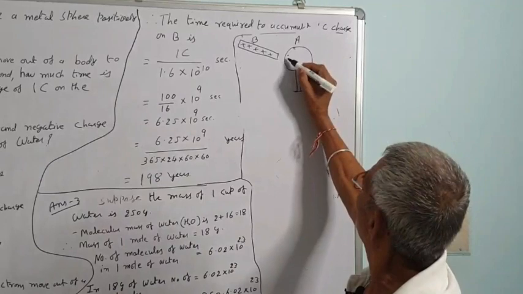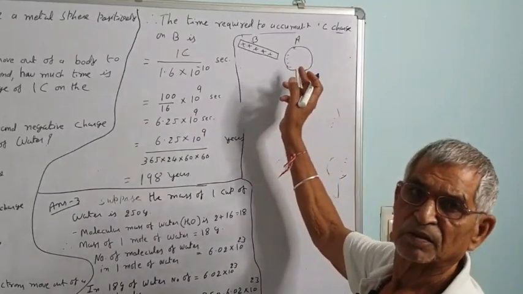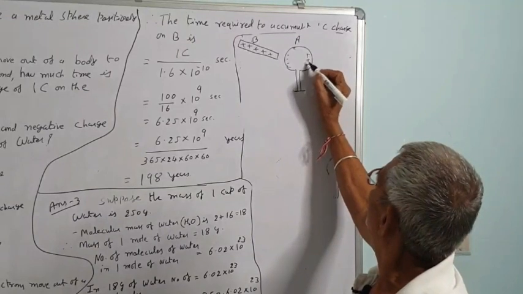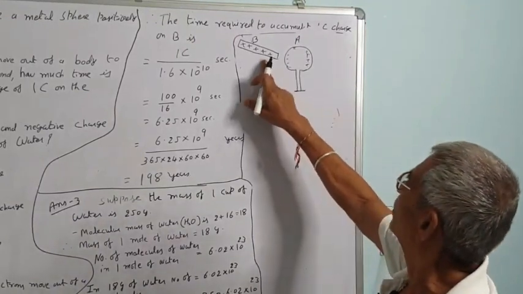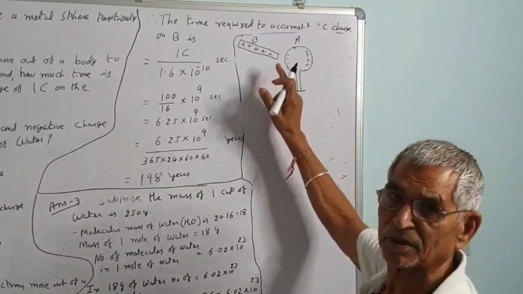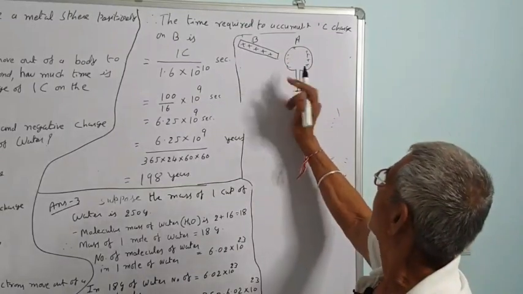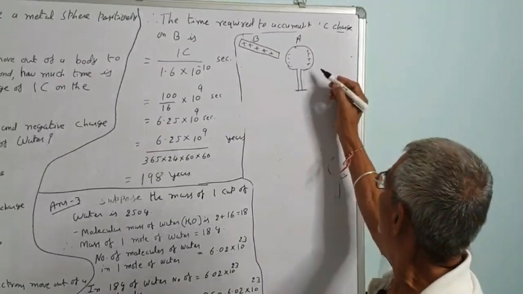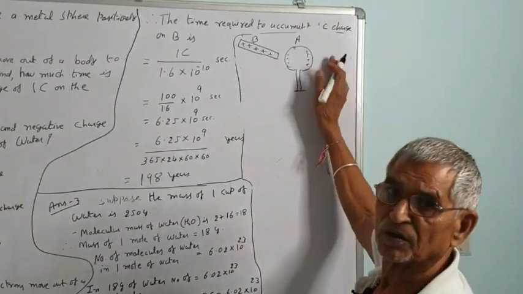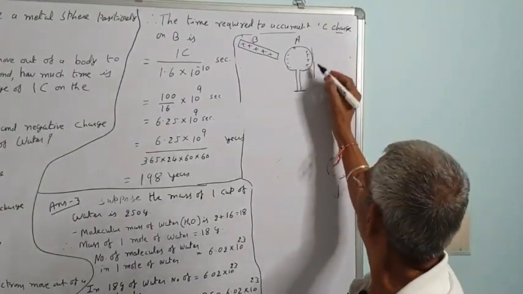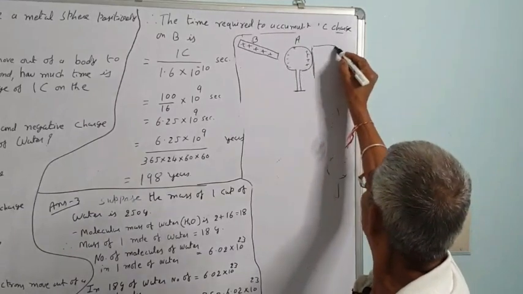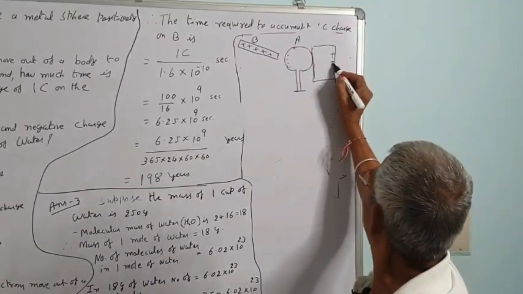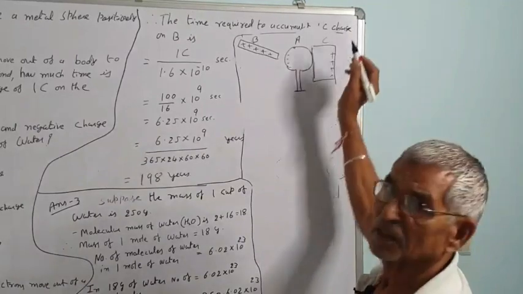So it will induce negative charge on the left side of A and positive charge on the right side. Why does this happen? Because the rod is positively charged, it will attract electrons from the atoms, so electrons will be attracted and accumulate towards the left side. Now if you make the earthing, or you can use another plate, if you keep touching this plate also, then instead of positive charge here, the positive charge will be on the metallic plate C.